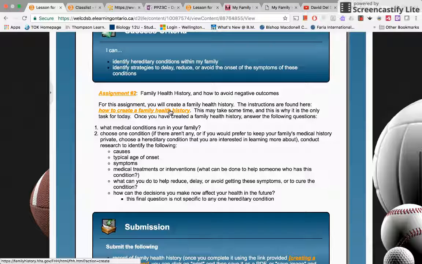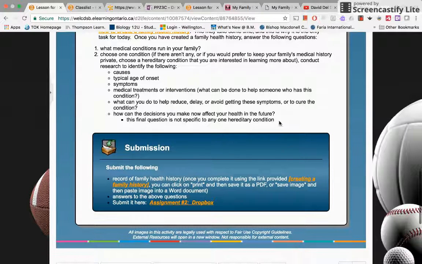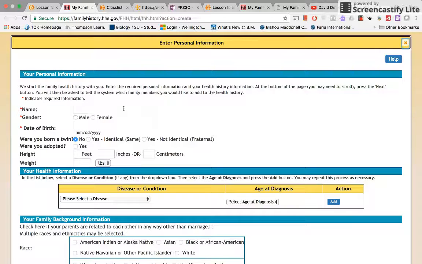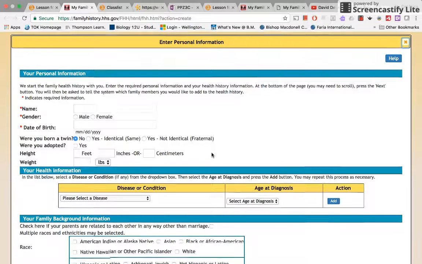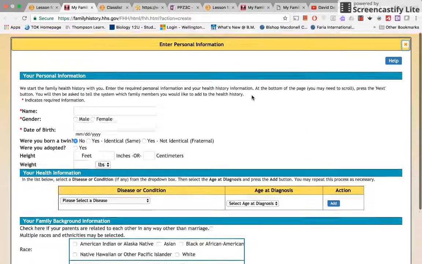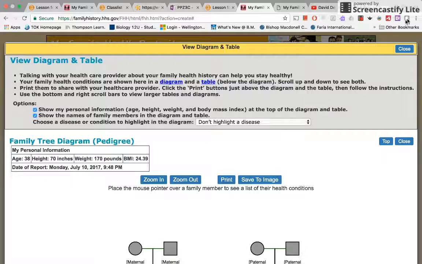We have a link to where you're going to be creating your family health history. And then I've got some other instructions with regards to what you're going to do with that information once you collect it. So the first thing you're going to do is create your family history. This takes you to a website where you can basically just create your family health history. You're going to include your name, your gender, date of birth, and then some information about your own health. And once you do that, you're going to get something like this,